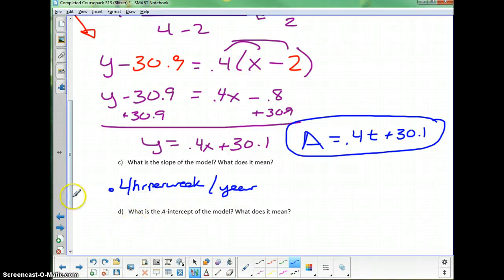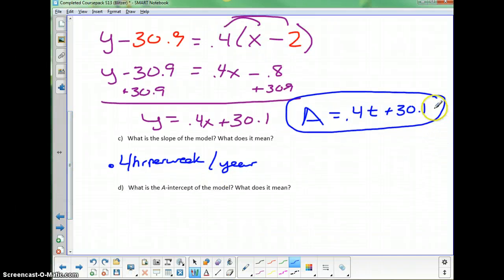What is the A-intercept? Well, the A-intercept is like the y-intercept, since I've called it A instead of y. So that's our 30.1. Remember, the full ordered pair would be 0, 30.1. And what this means is in